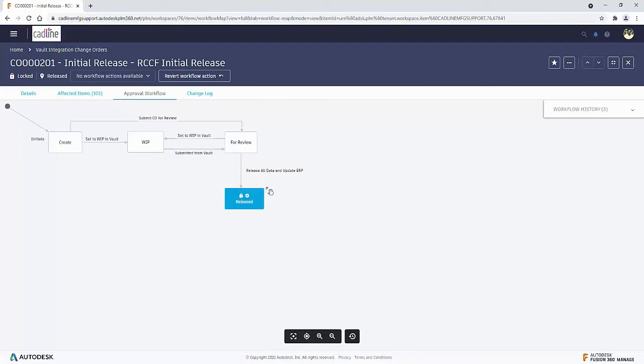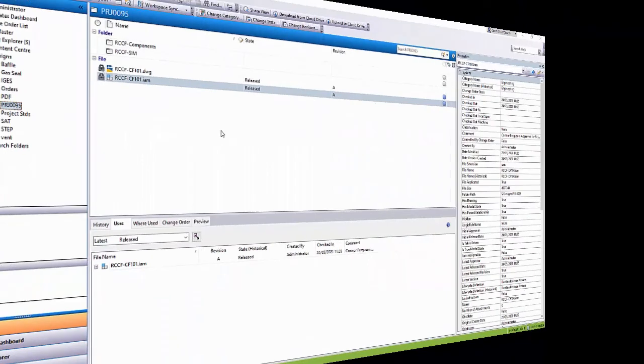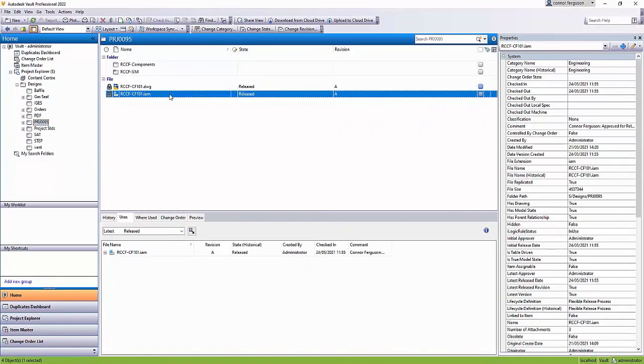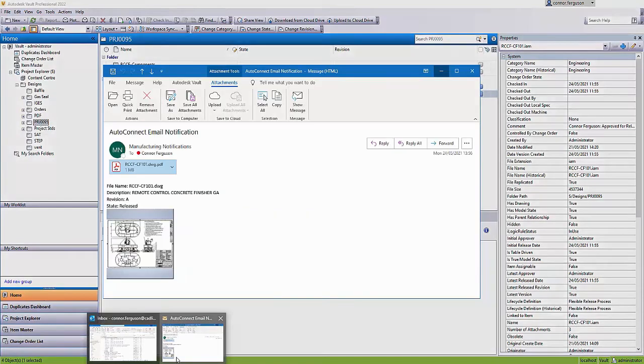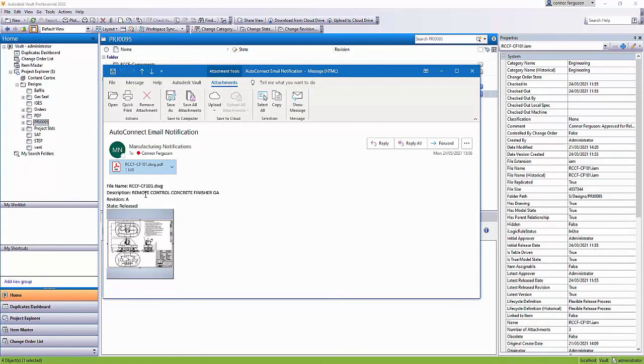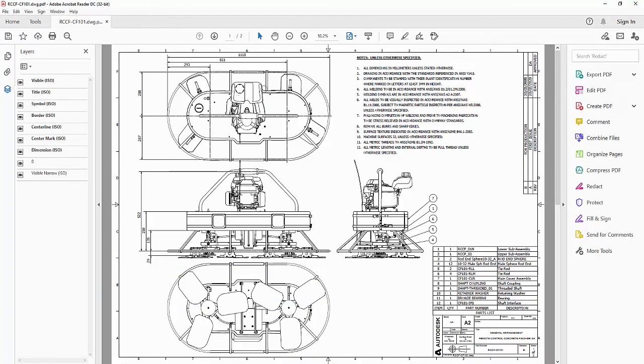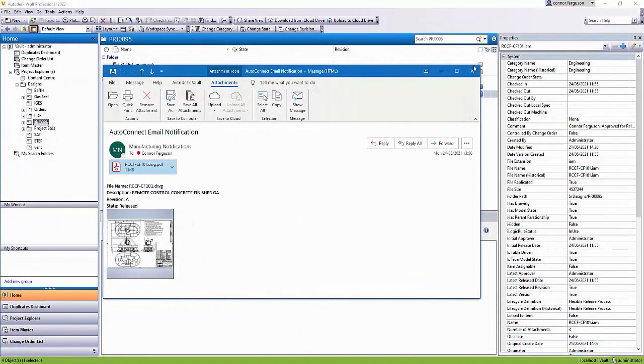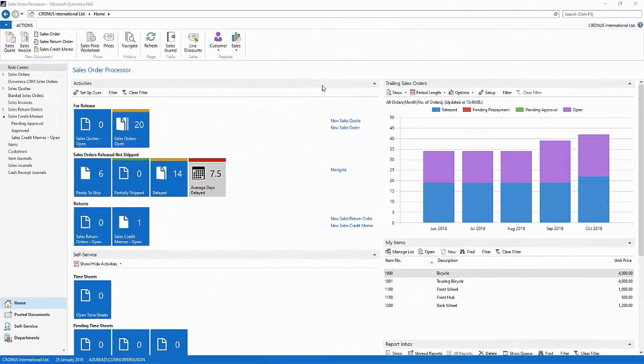Okay, so that's our change order record released. If we now switch over back to Vault, we can see that inside of Vault, our files have automatically been set to the release state and a comment sent back from Fusion Manage. Also, a new notification email has been sent out for the release drawing, and the PDF has been issued with no